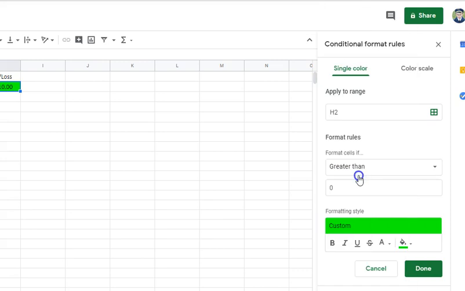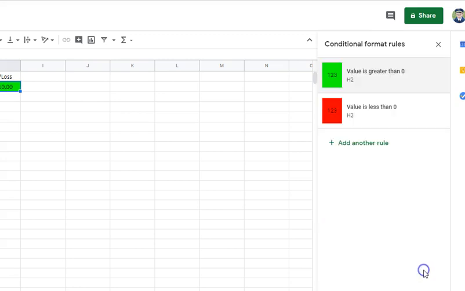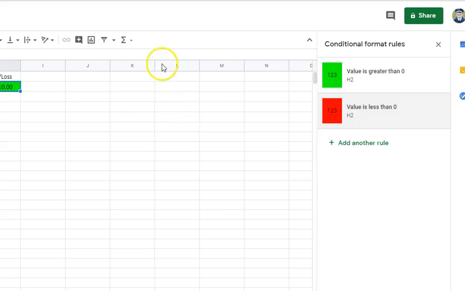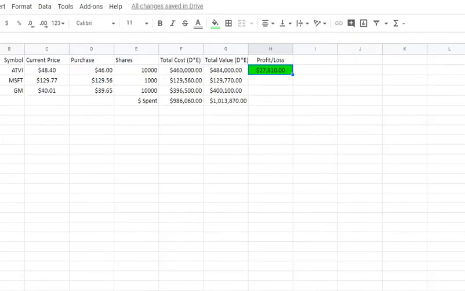and what I basically said was in cell H2, if the value was greater than 0, I made it a custom color and I made it this bright green so that it would be a positive looking color. If the value is less than 0, I gave that value a red background. And so what that ends up doing, depending on how my